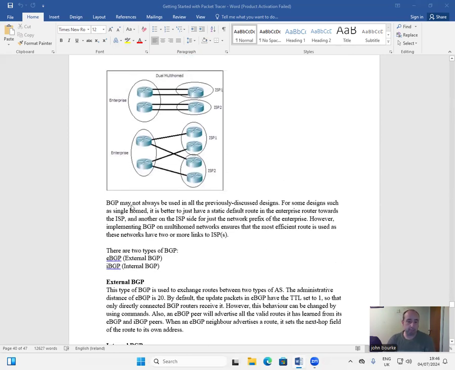BGP may not always be used in all previously discussed designs. For some designs, such as single homed, it is better to just have a static default route in the enterprise router towards the ISP and another on the ISP side for just the network prefix of the enterprise. However, implementing BGP on multi-homed networks ensures that the most efficient route is used, as these networks have two or more links to ISPs. There are two types of BGP: